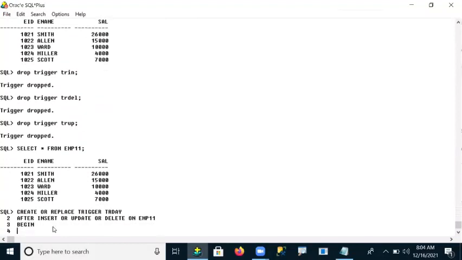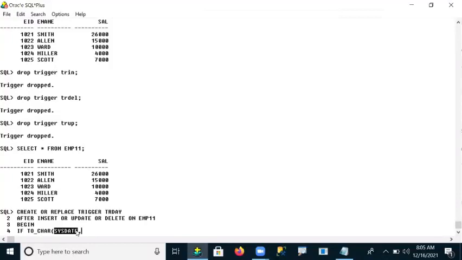We are using begin. And what is my condition here, guys? Every Thursday I need to restrict my DML operations. So the condition here uses the TO_CHAR function, which we already discussed in your SQL part. You just recall your functions. Here I'm using TO_CHAR along with the SYSDATE function.